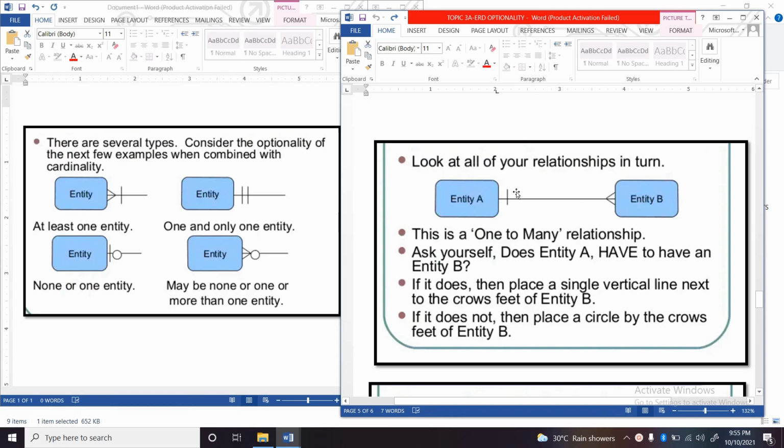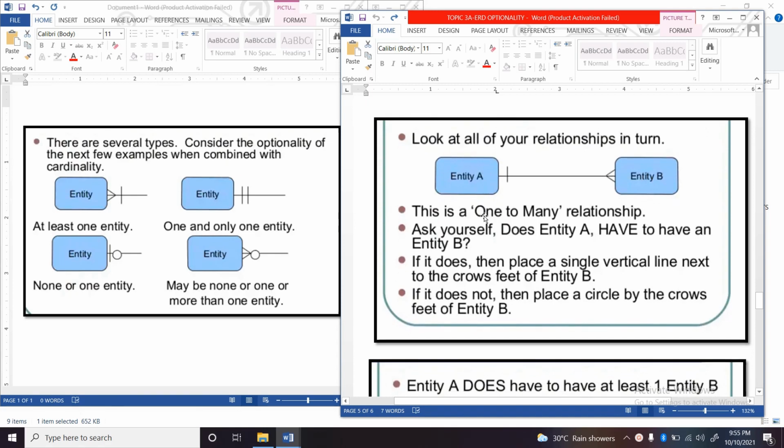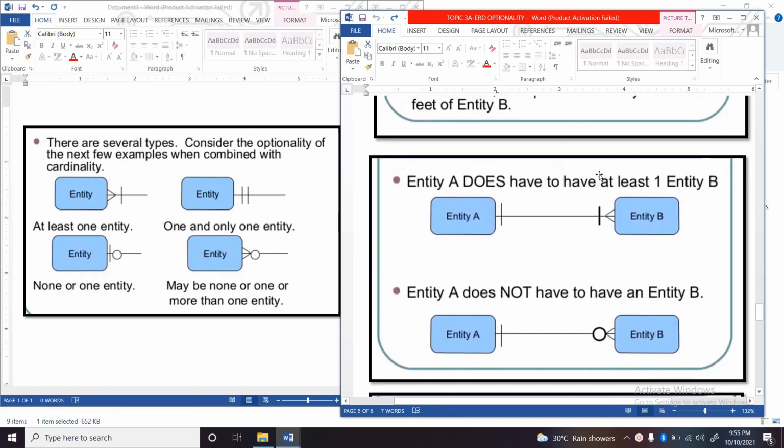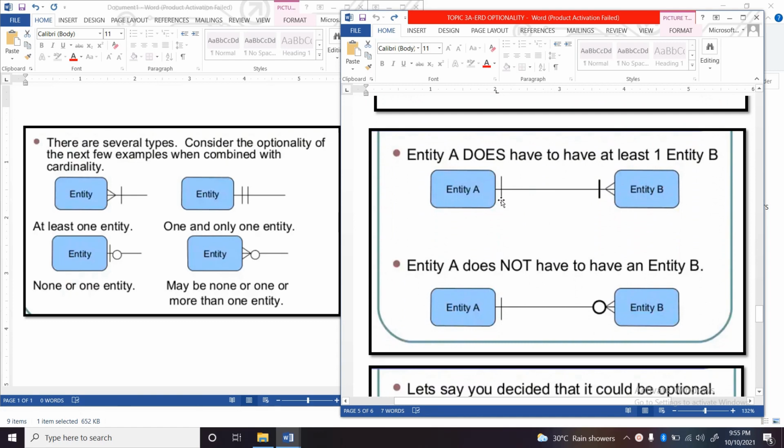Okay? Okay, so we also have this one, no? So sabi niya, look at all of your relationships in turn. Okay, we have the entity A, and then we also have the entity B. Meron siyang cardinality na 1 si entity A, merong cardinality na many si entity B. So sabi niya, this is a one to many relationship. Tama, one to many. Okay? And then, we also have this one, no? We have one